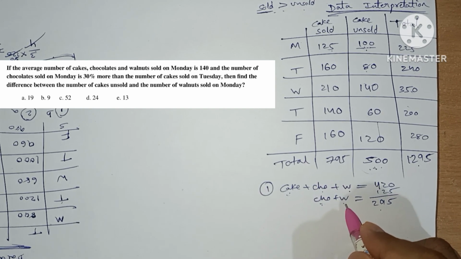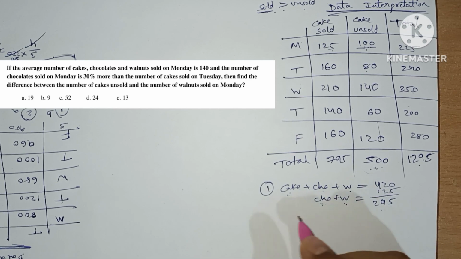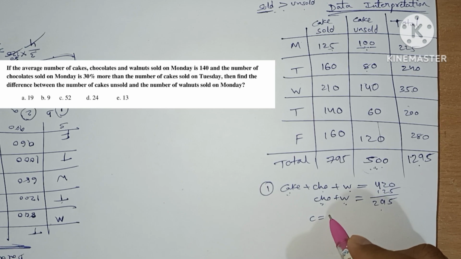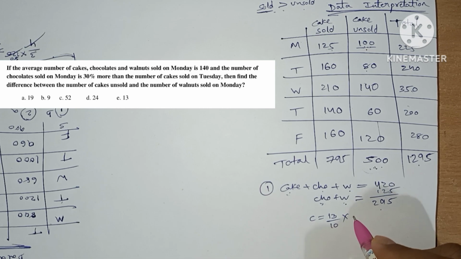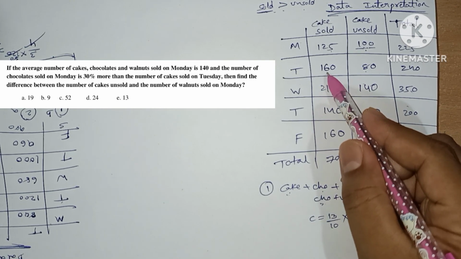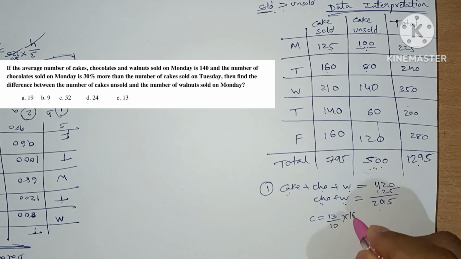Now in the question it is said that the number of chocolates sold on Monday is 30% more, meaning 130%. 130 divided by 100 means 13 by 10, more than the number of cakes sold on Tuesday. The number of cakes sold on Tuesday is 160. So here 160, the zeros cancel, 13 sixes will be